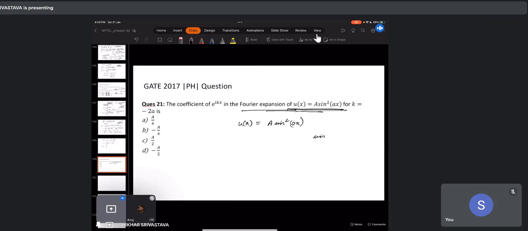Now you know sine of ax can be written as exponential iota ax minus exponential minus iota ax upon 2i. So you just substitute this, upon 2i whole square. Okay, you can write this sine ax. Now just take these things outside, so it will become minus a by 4. And you just apply this formula a square minus b square, so it will become